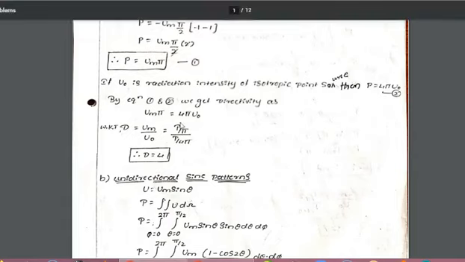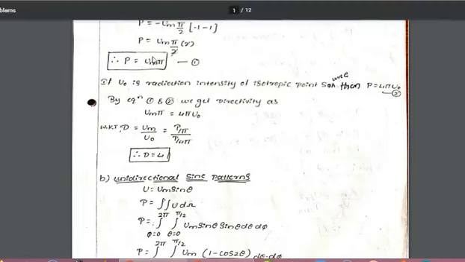Now from equation number 1 and equation 2, we get the directivity. D is equal to P divided by u naught. From equation number 1, P is equal to pi, and u naught is equal to P divided by 4 pi. The same thing has been substituted: P divided by pi and P divided by 4 pi. So what is exactly the final answer? It is equal to 4. The directivity of the unidirectional cosine pattern is D is equal to 4.